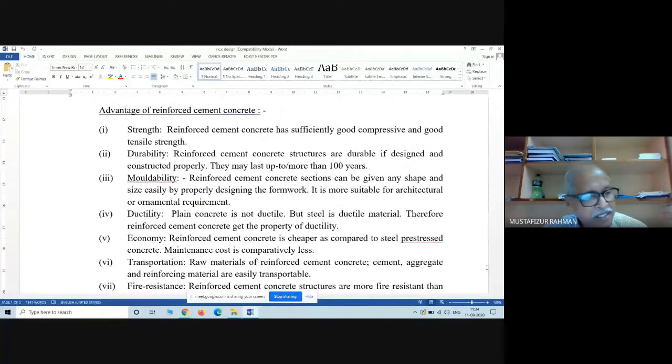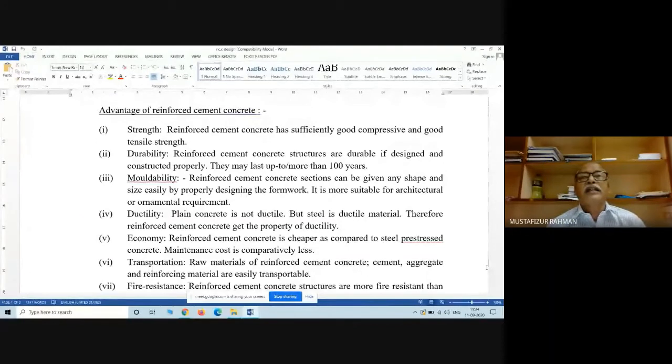Somebody from the chemistry side gave the answer that in concrete the atmospheric effect is very less. For concrete it is correct, but for RCC it is not correct. Previously it was accepted as correct, but now no,